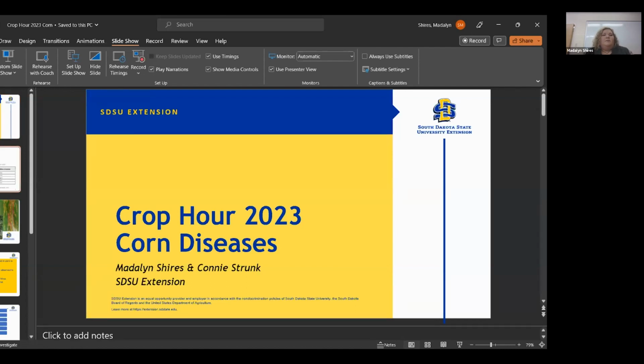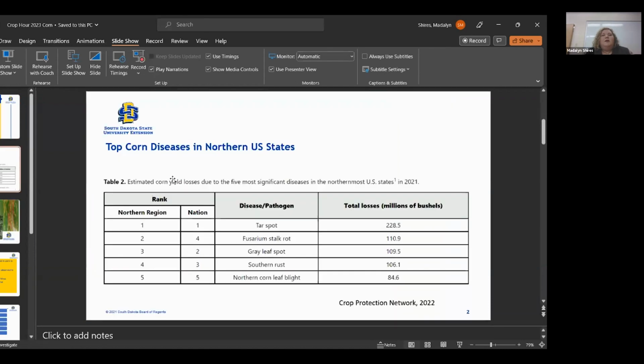So the first slide here is talking about the top corn diseases that were reported in 2021 through Crop Protection Network. You can see that tar spot was the most significant disease or pathogen in losses, followed by Fusarium stalk rot, gray leaf spot, southern rust, and northern corn leaf blight. So I'm just going to talk about a few of these that we could see here in South